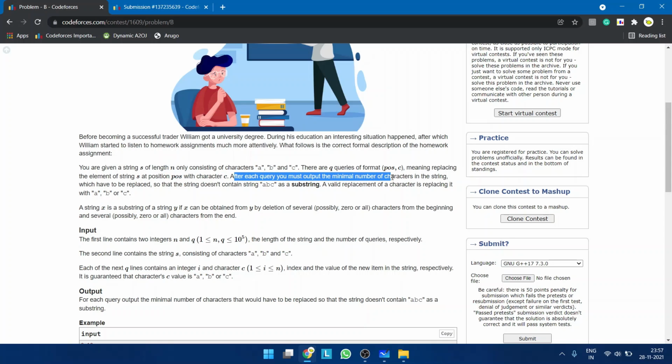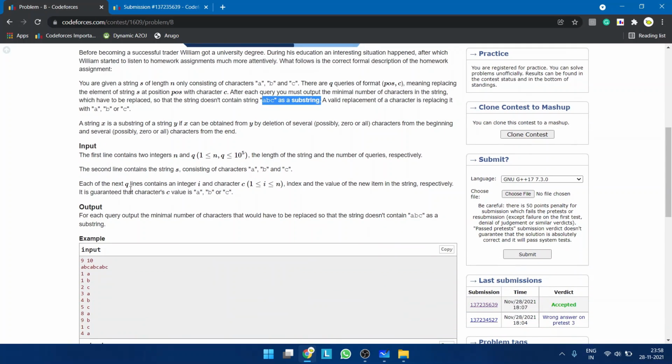And after each query, we have to print the minimal number of characters in the string which have to be replaced so that the string doesn't contain the string ABC as a substring. It means that we have to print the number of characters we have to replace so that our string does not contain ABC as a substring. So basically, after each query we have to print the number of ABC substrings. Okay, and a substring is basically